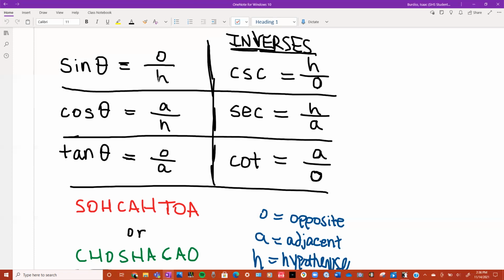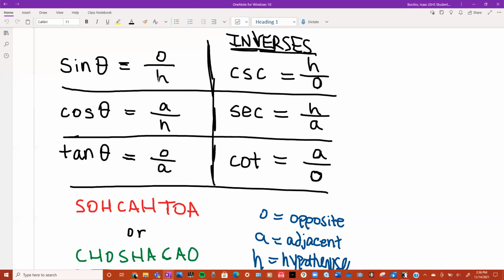So that's sine, cosine, and tangent. But what about the inverses? And what is an inverse? Well, remember our inverse or rational function, it was 1 over x. So when you have something inverse, you take the numerator and denominator and flip them. That's what we do when we're trying to divide by fractions, right? If we're trying to do 3 divided by 2/3, you can just say 3 times 3 over 2. So the inverses mean